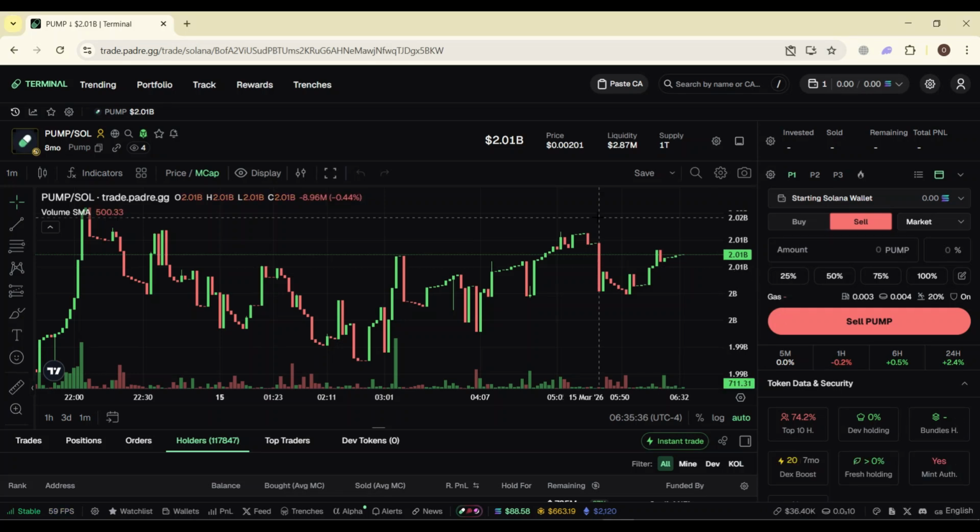Have you ever wondered how experienced traders seem to find good trades early? One way many traders learn is by watching on-chain wallet activity. Today I will show you how wallet tracking works inside trading terminals and how beginners can use it to learn